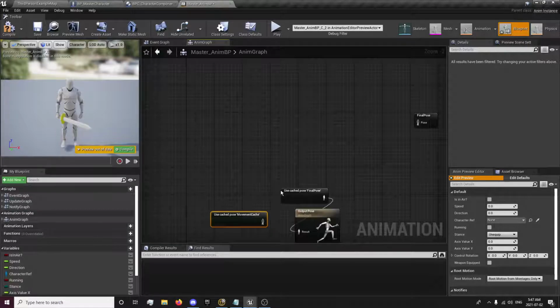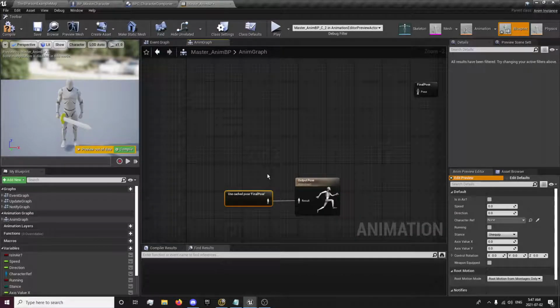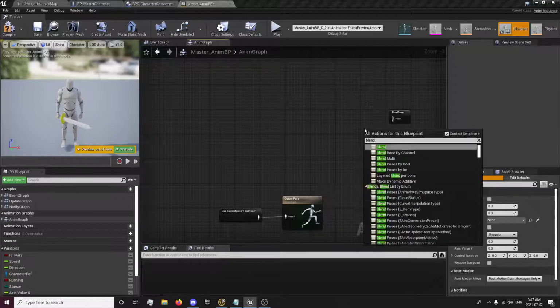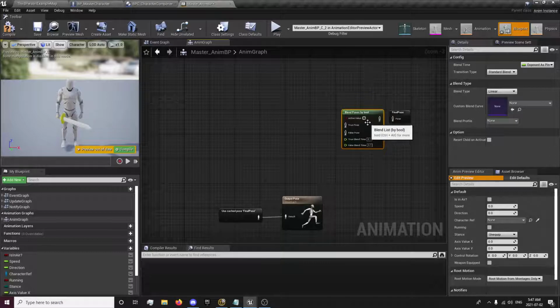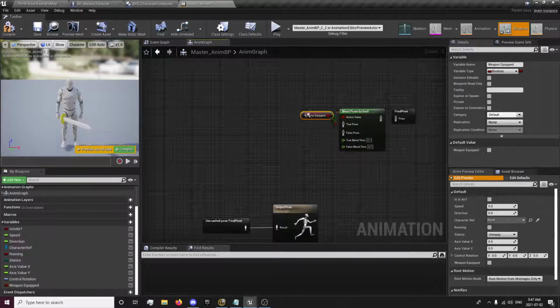Final pose. And from here we want to blend poses by bool. So depending on a Boolean variable, which will be if our weapon is equipped or not,